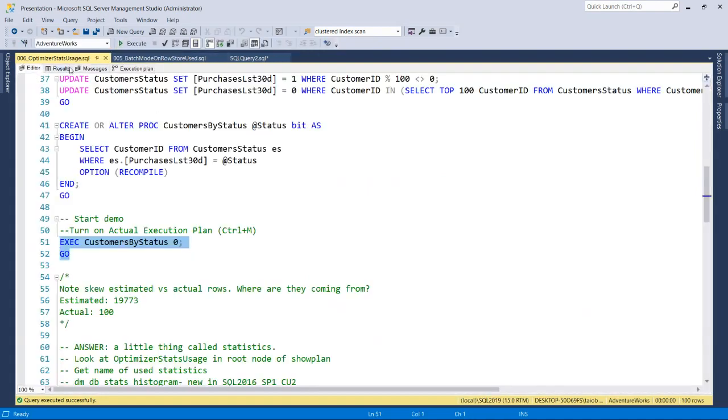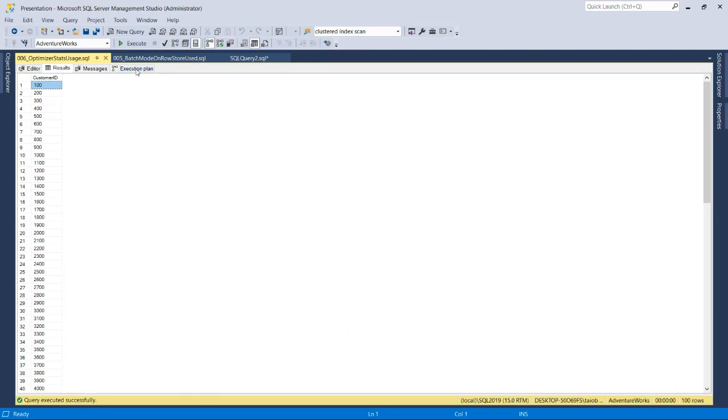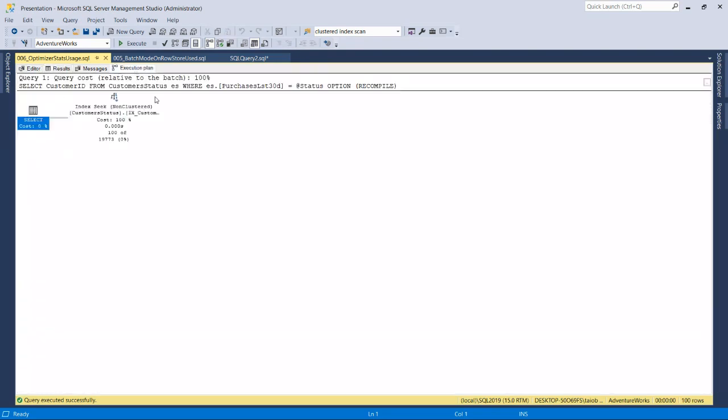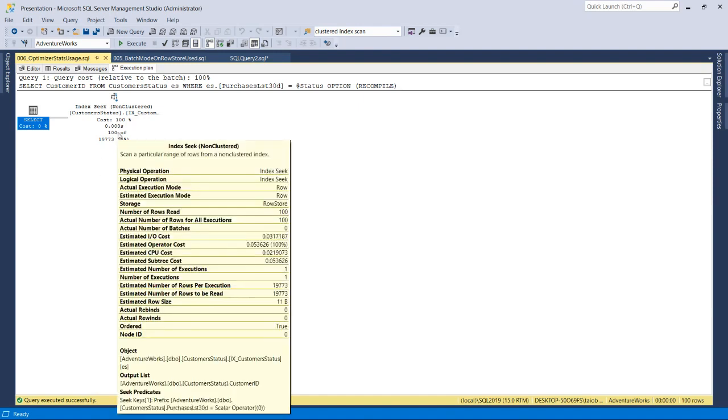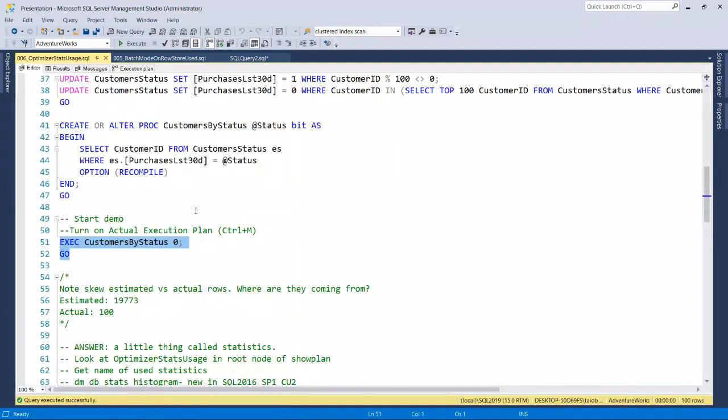And it's just giving me a bunch of customer ID with that status code. And now this is my execution plan. Now look at this execution plan. It looks like an index seek, and there's nothing wrong, right? If you look at it that way. But